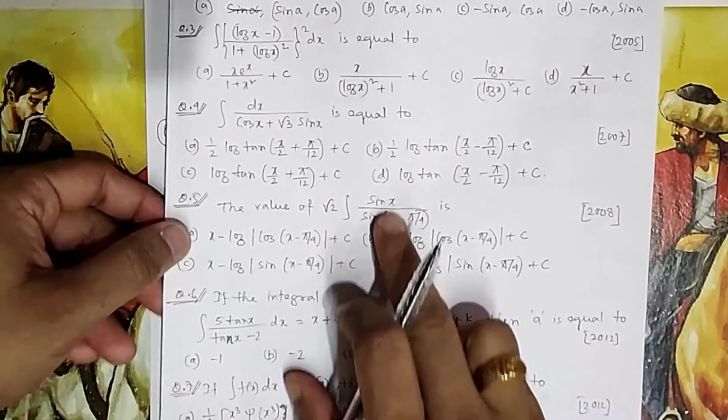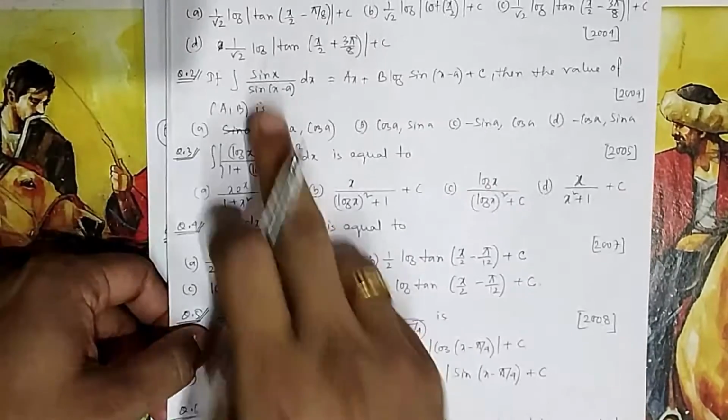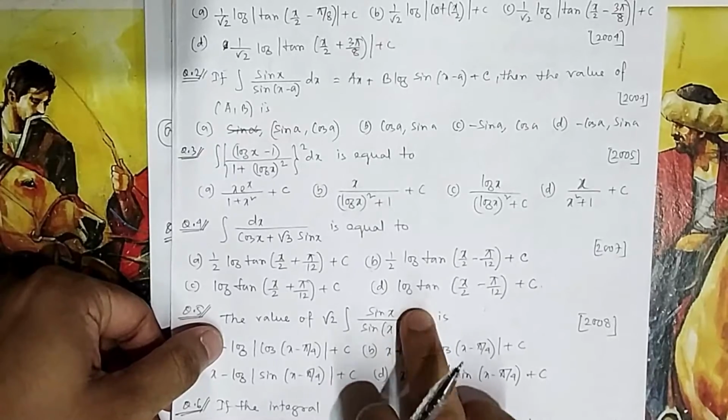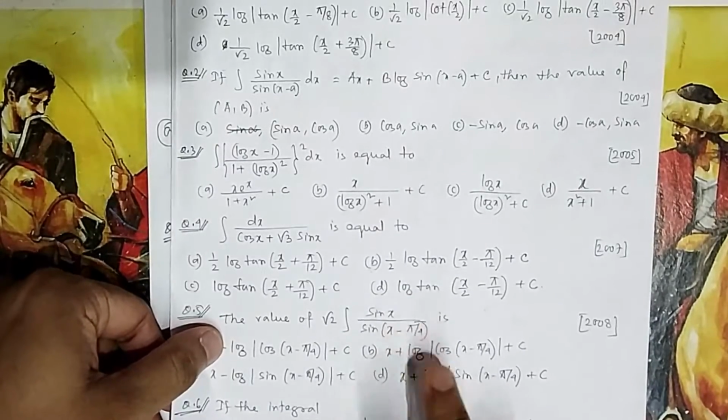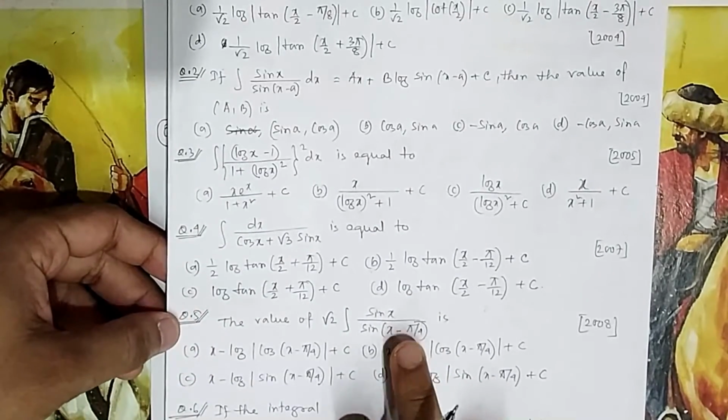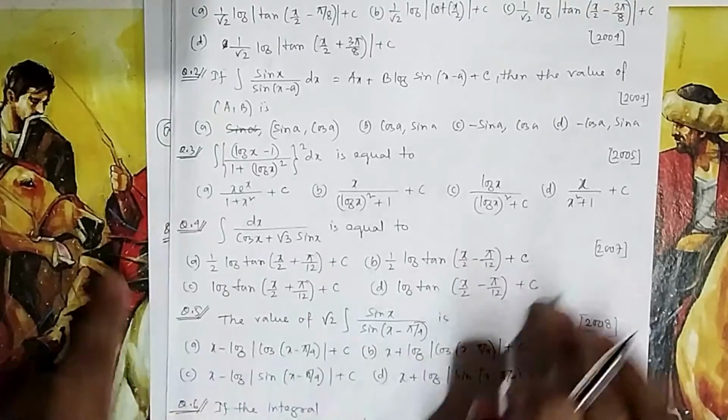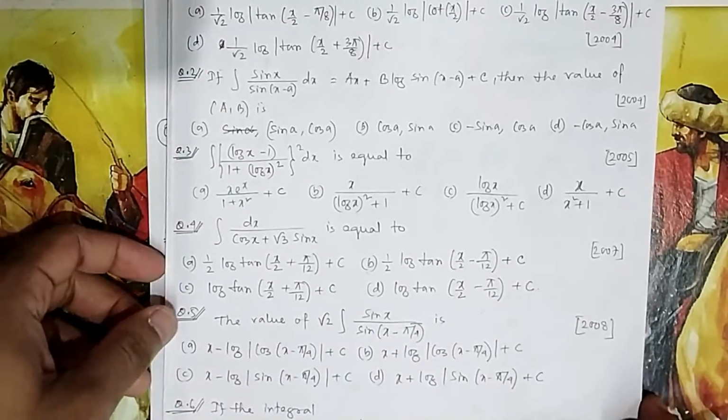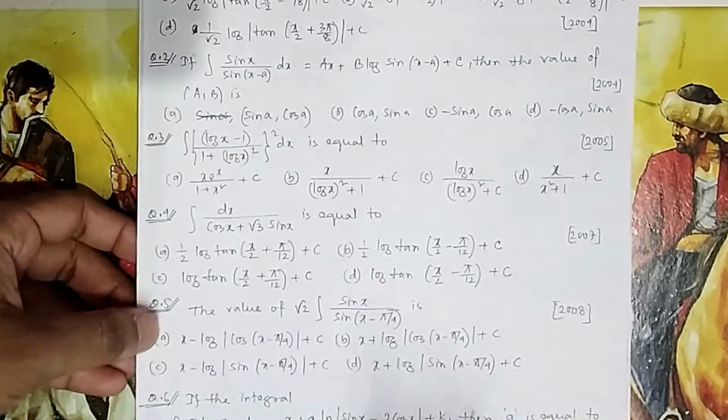Next, if you come to question number 5, again it is of this format, as you can see. I wish this were in the denominator, then I could have opened it and split it. So again I will take x minus pi by 4 as t, then I can split it out. You can see the options also are split options, with 2-3 parts in the option.